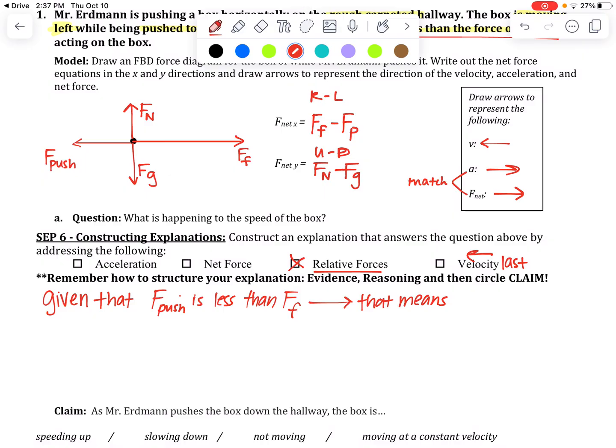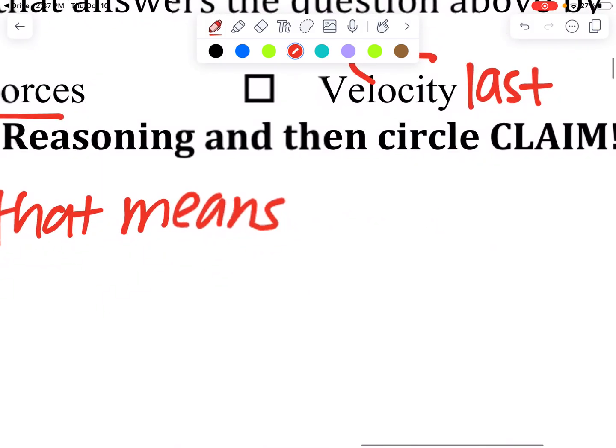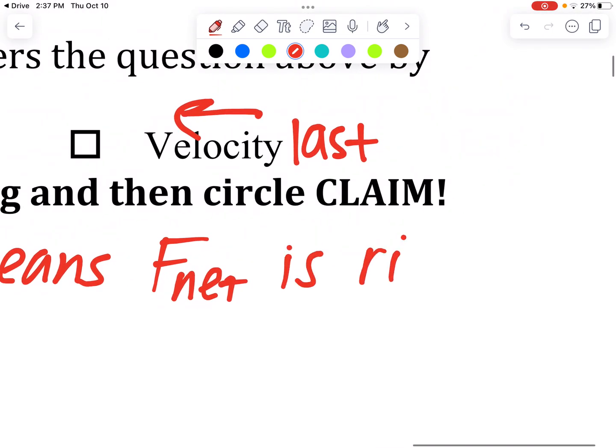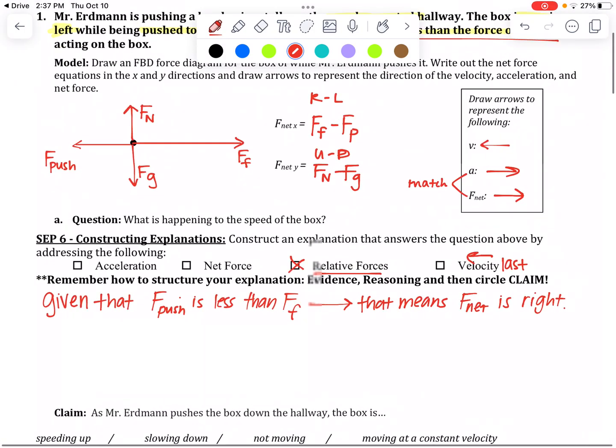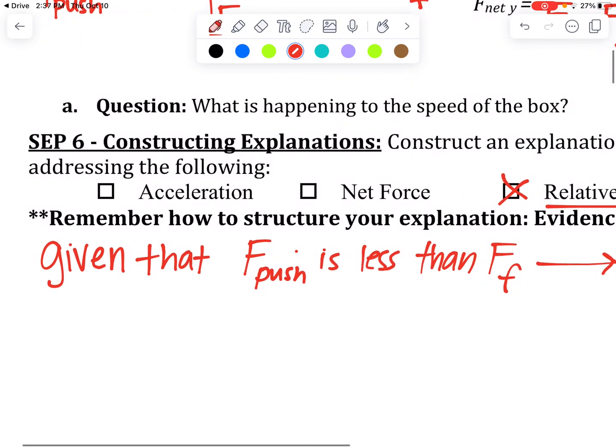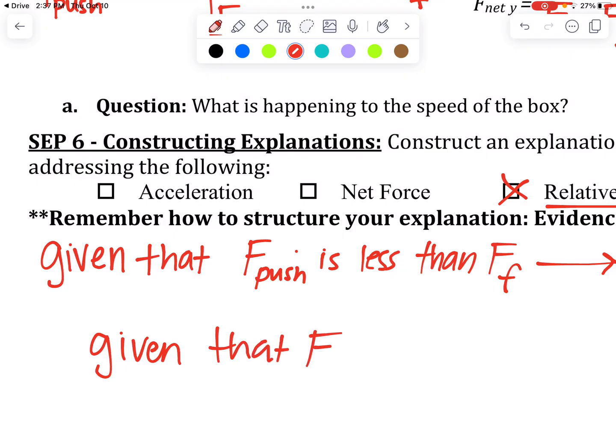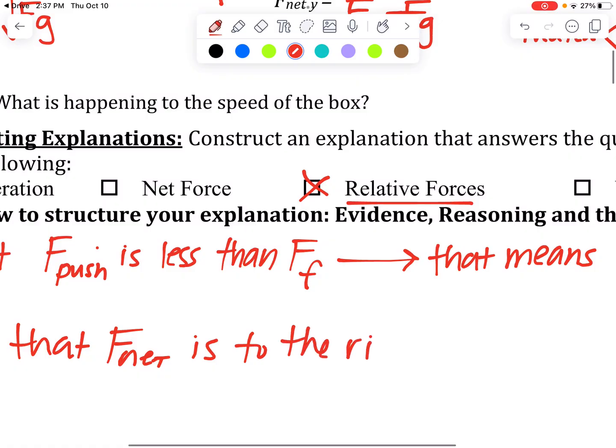What can I make a claim about next? Do I know the velocity? Do I know net force? Do I know acceleration? Well, when I even just looked at my diagram, I knew that the net force is right. And that comes from physics concept number 1, that relevant forces cause a net force. They combine together to make a net force. So now I just repeat what I just said. Given that F net is to the right,